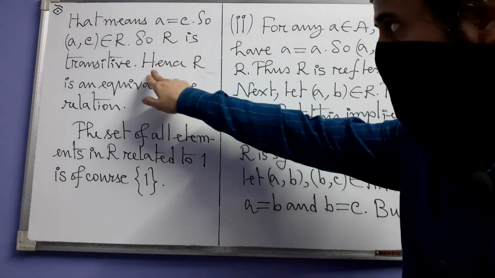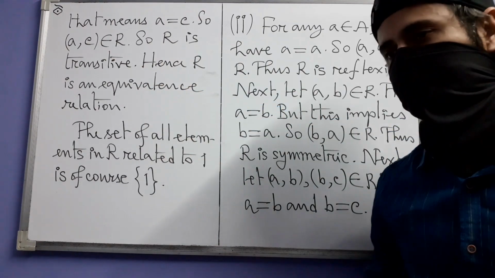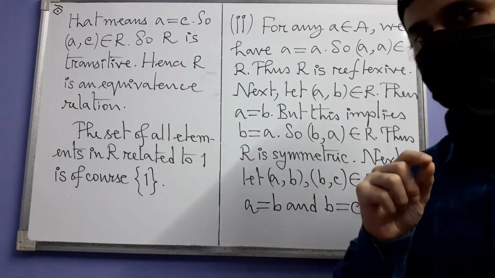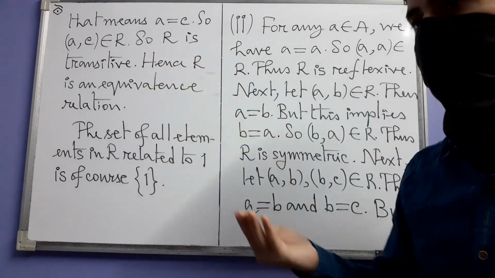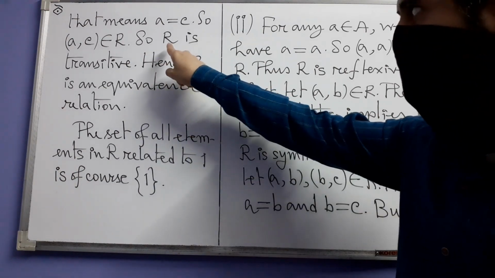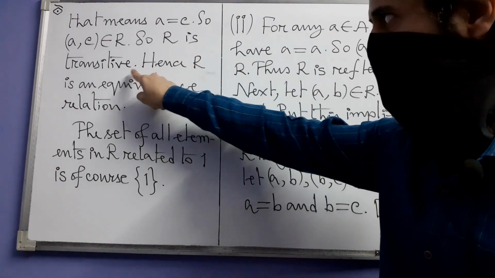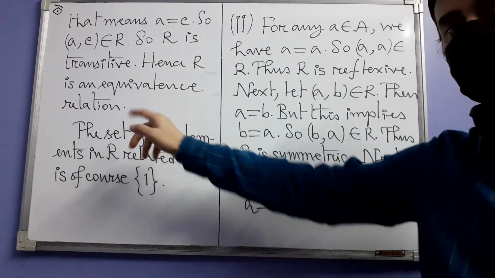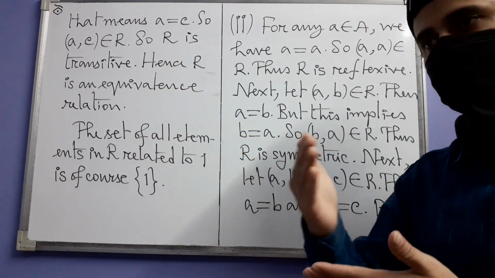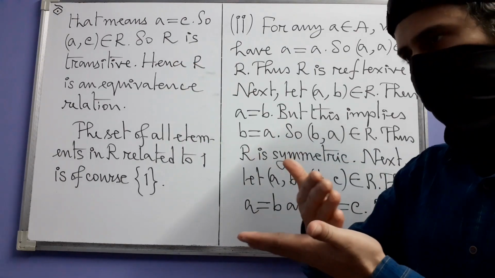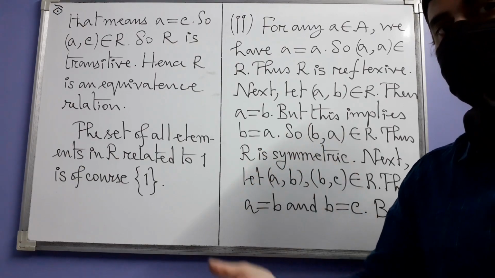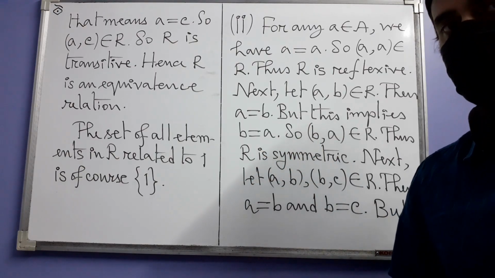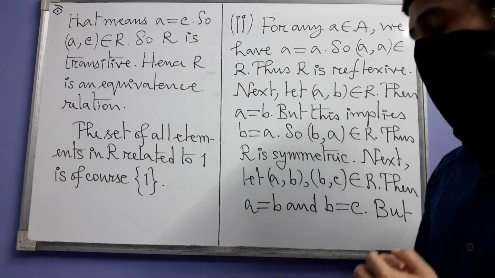Instead of writing like this, I'm talking about writing an exam. Okay. In an exam, you can write one more line. Instead of straight away from transitivity writing that R is an equivalence relation, you can write one more line, or you can enlarge this line: since R is reflexive, symmetric and transitive, that's why it's an equivalence relation. That is because